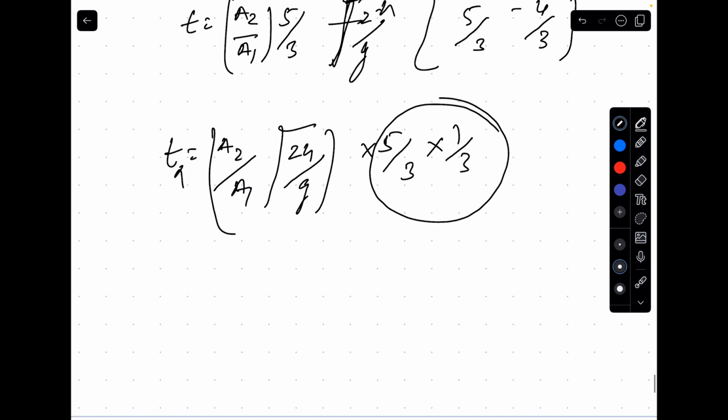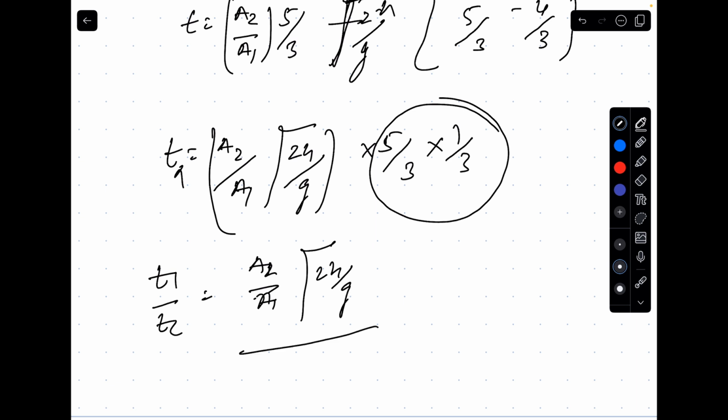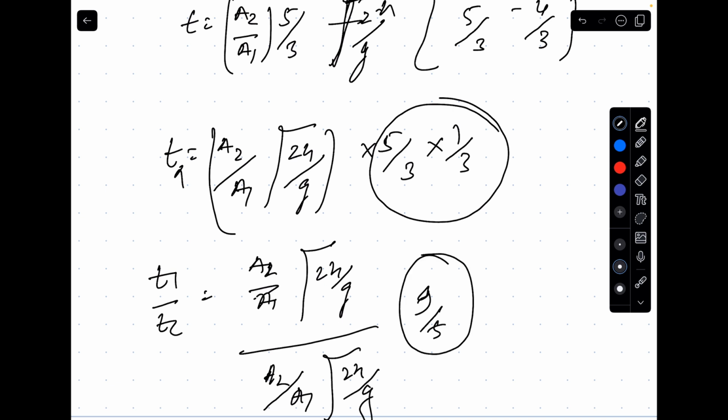So what we need to find out is t1 divided by t2. Okay, t1 divided by t2 is a1 a2 divided by a1 root 2h by g. This was our t1, divided by t2, which is a2 divided by a1 root 2h by g, and this is 9 by 5. Okay, so we need to give the answer in the